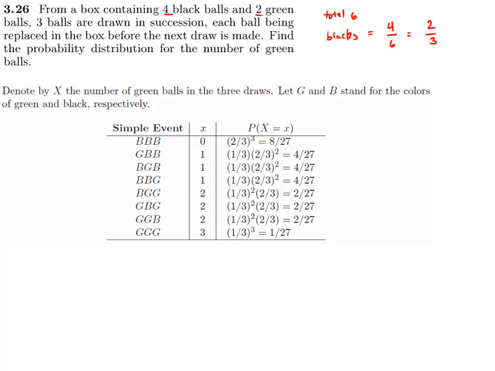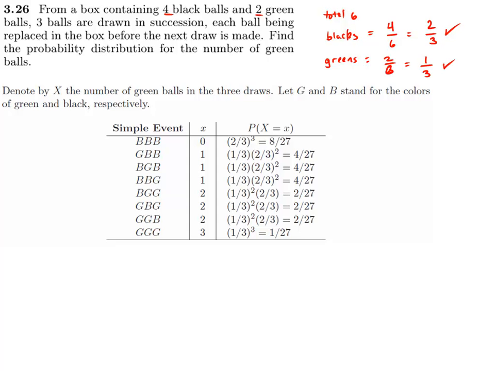And then for the greens, we have 2 over 6, which equals 1/3. So this is the probability for drawing a black ball, and this is the probability for drawing a green ball,